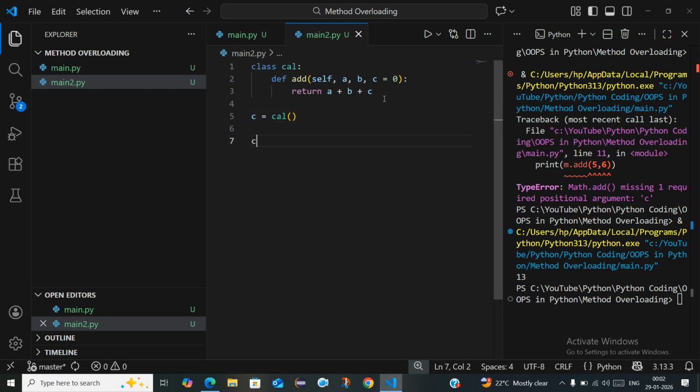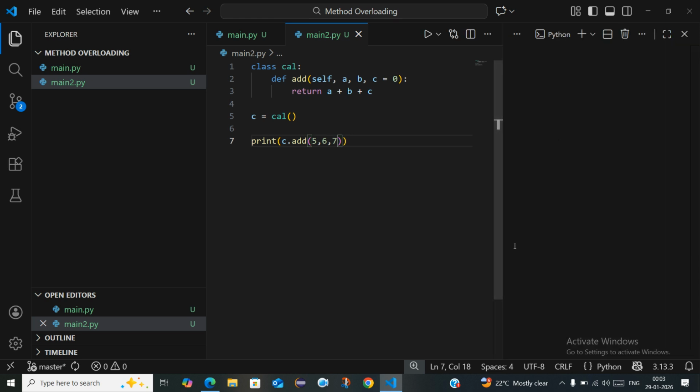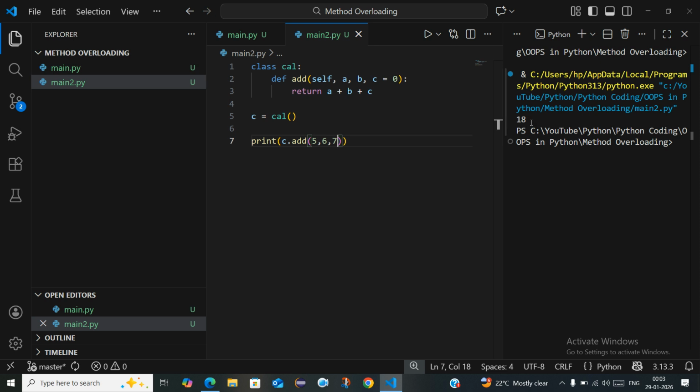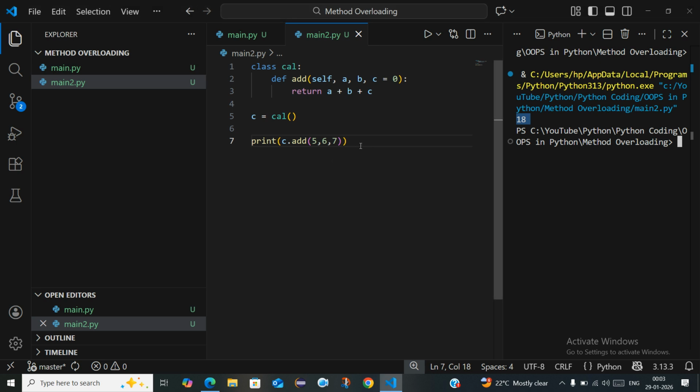Now see, print c dot add, you can see I am passing 5 comma 6 comma 7. At the starting time I am passing 3 variables, and now run the program. You can see output is 18, right? Now you can see here we have called this one time, right? Now call again